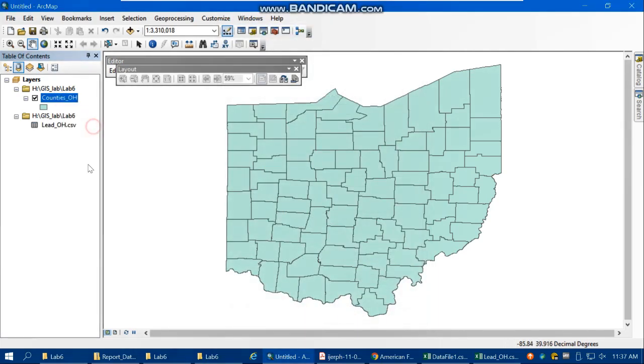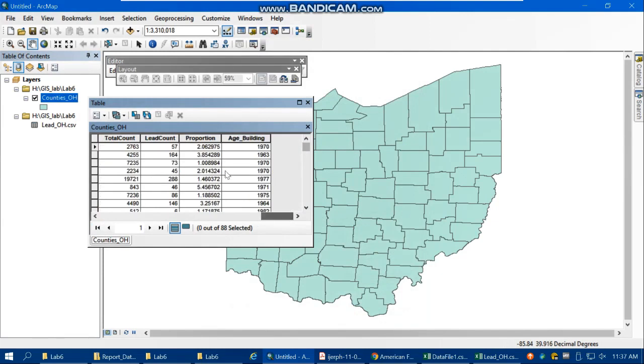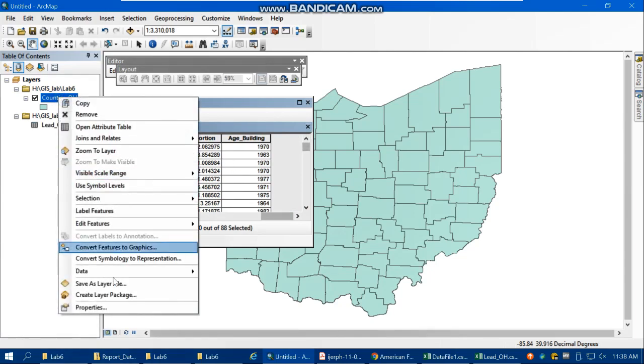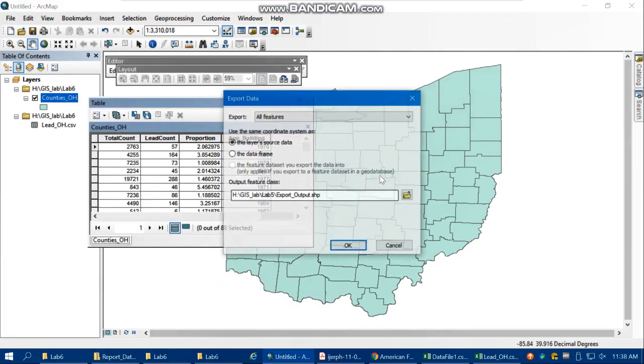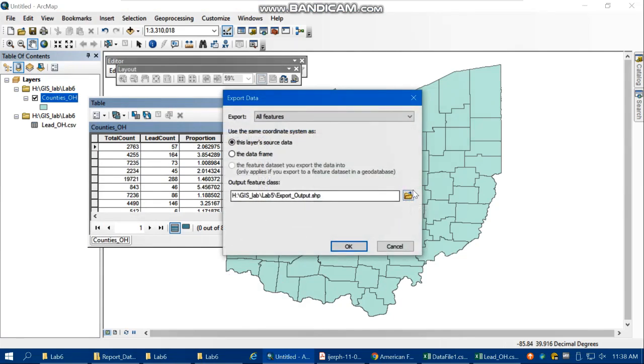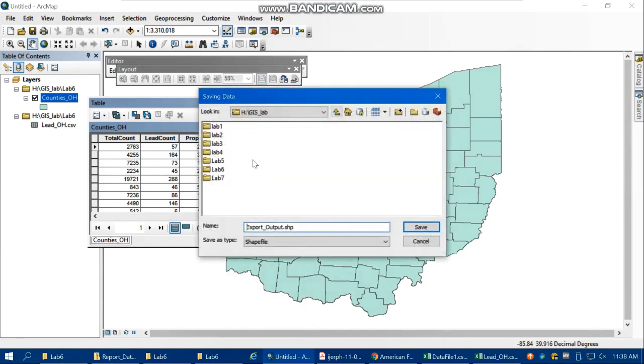And now if you open up the attribute table of the shape file, we can see this information has been added to ArcMap, to our shape file. So this is how we prepare the data. This is how we bring the data into GIS. So we know that this is not a permanent shapefile, so let's export it